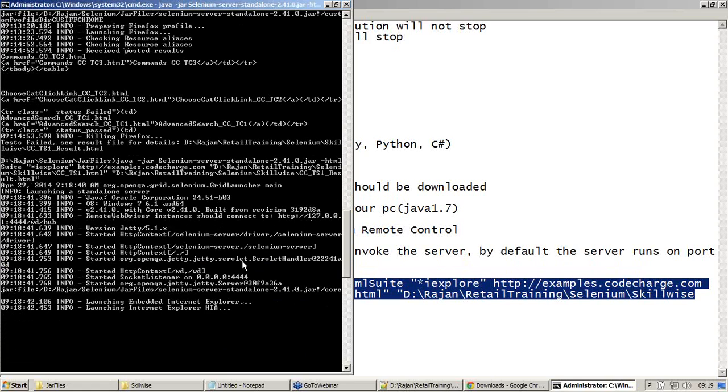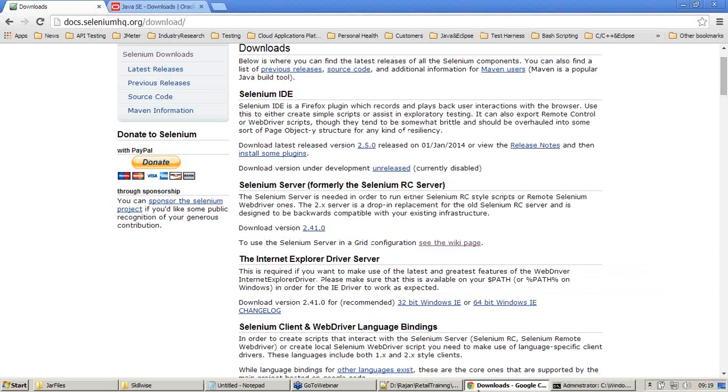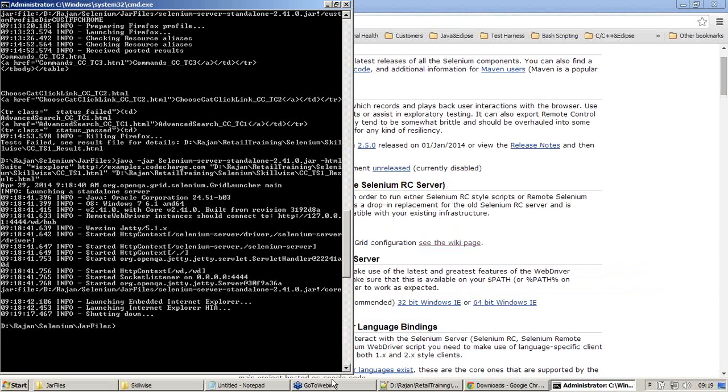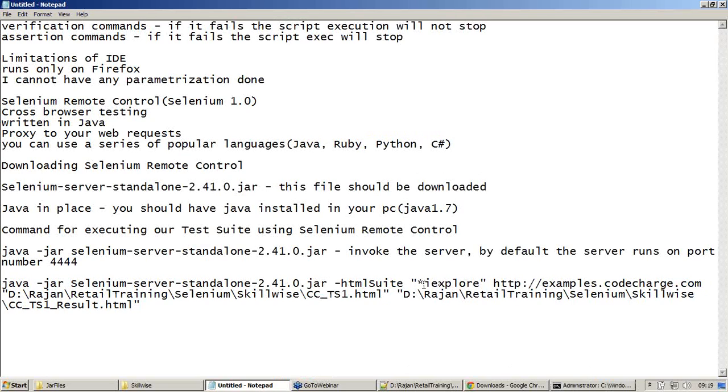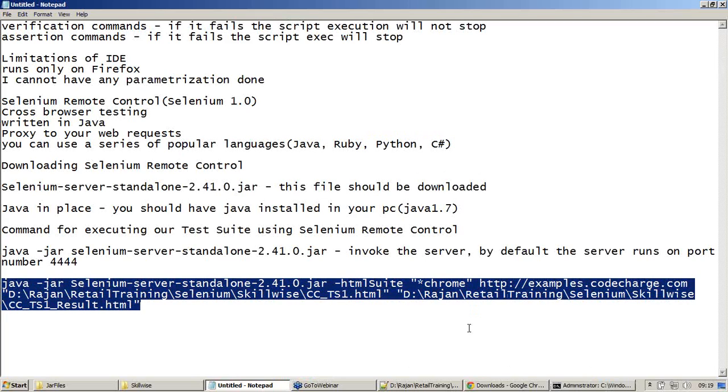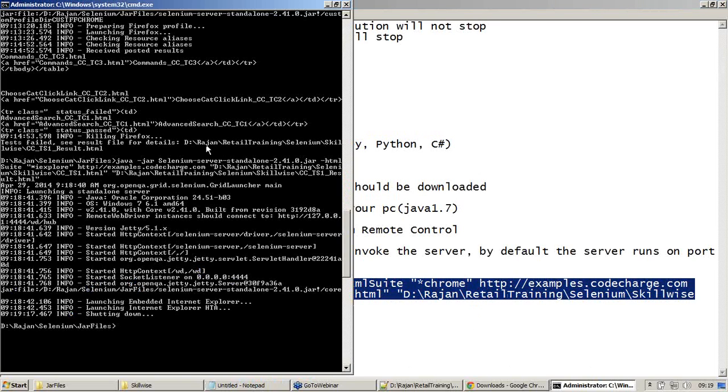So let me stop this process, and see what happens if I try with Chrome. We are just playing with that command right now. Firefox is the best suitable one. Control C, paste, and type enter.